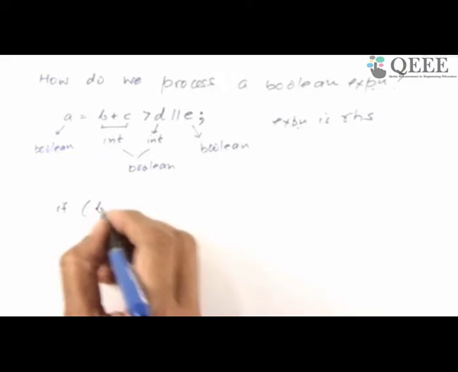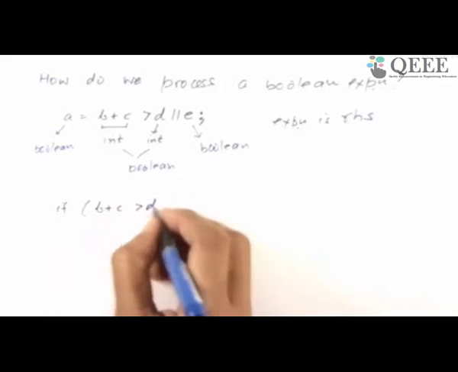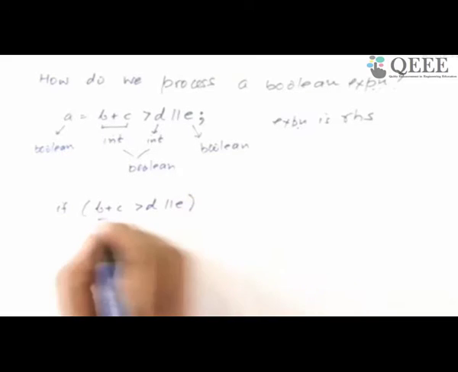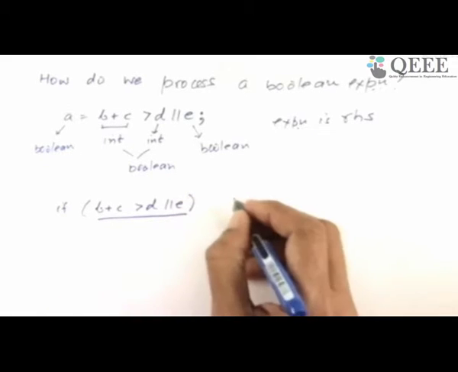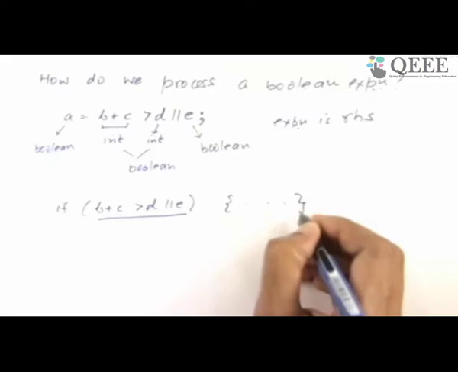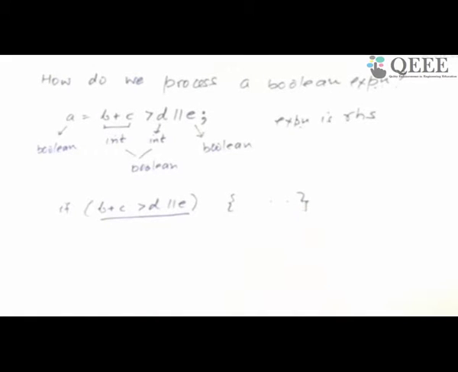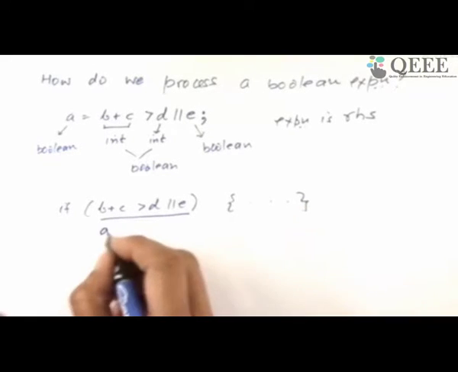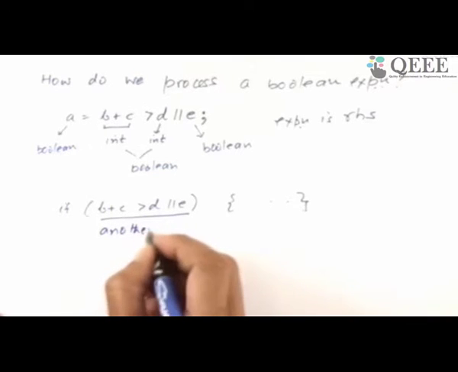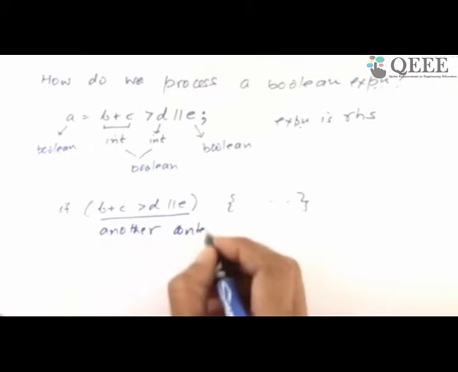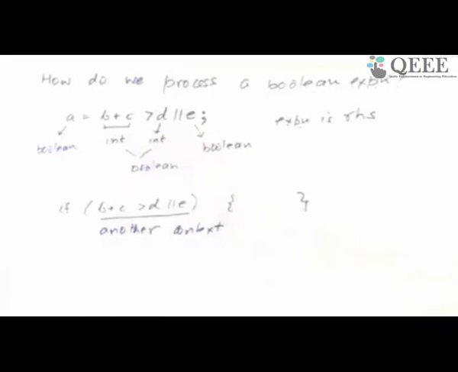The same thing I can write: B plus C greater than D or E. And here is the use of another Boolean expression which participates in some other statement like this. Part of while, part of switch. So this is another context in which a Boolean expression is found. One context is the right hand side of an assignment, or it is as a condition of an if-then. So the language gives two different rules for evaluating depending on the context.